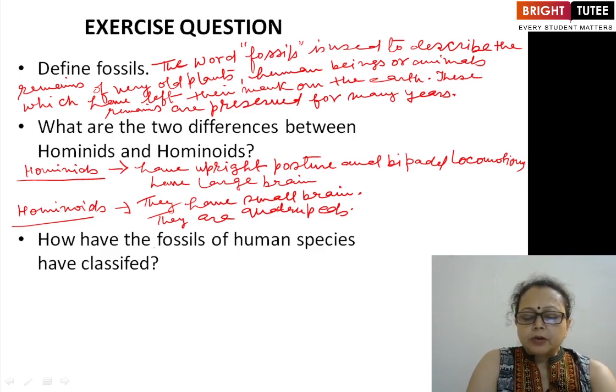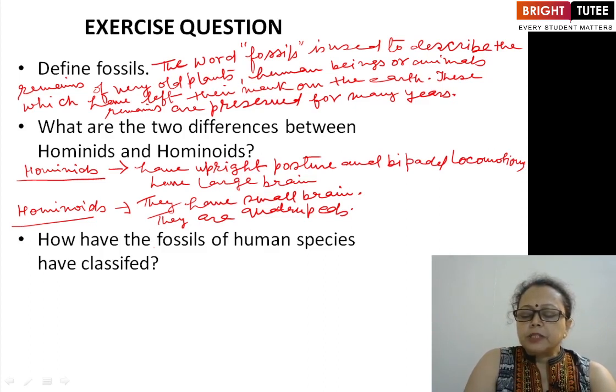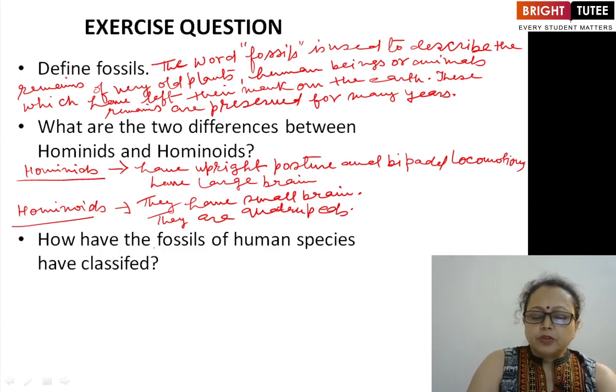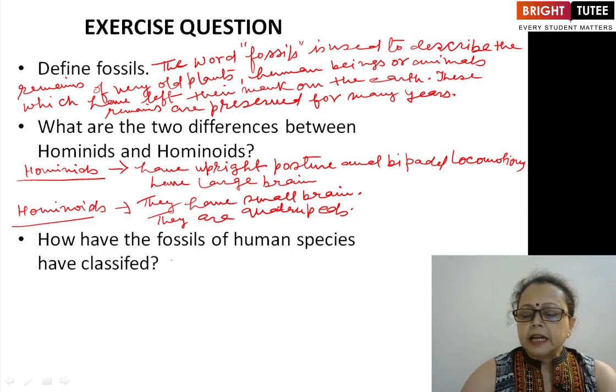The next question is: how have the fossils of human species been classified? So this is about the classification of the human species. Human species are basically classified by the scientists into three categories. Scientists